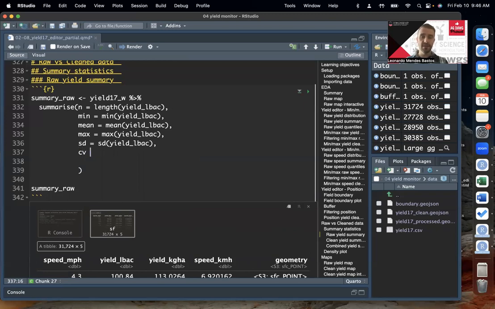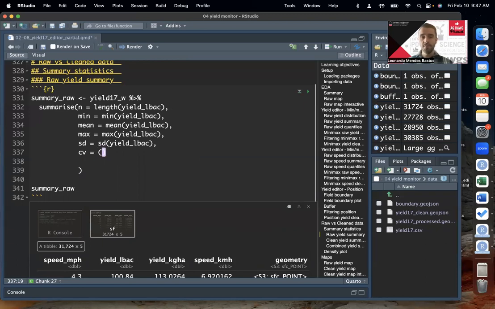We're going to call this column CV for coefficient of variation. And R does not have a native function for CV. So there's no CV function like that, or maybe there is. Maybe it's a new one. But anyways, when I prepared this script, there was not a function called CV. So we kind of have to type that CV formula, which is basically just,